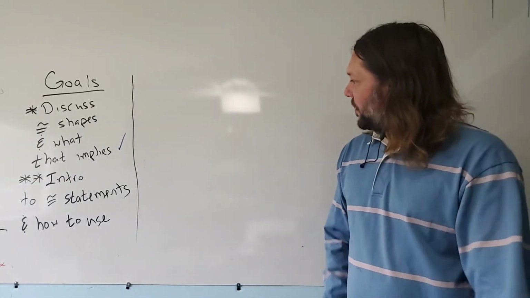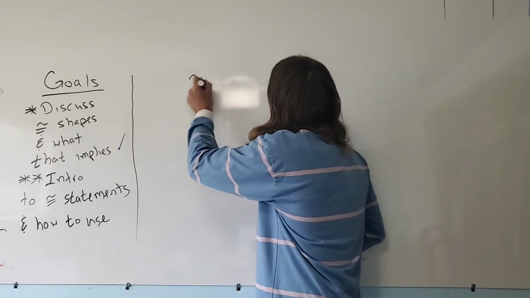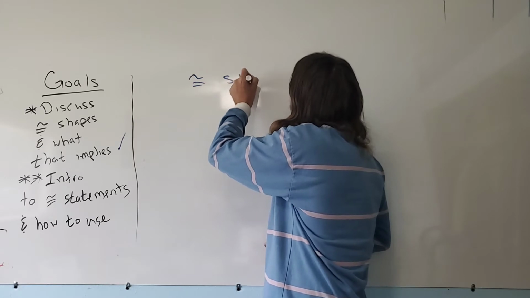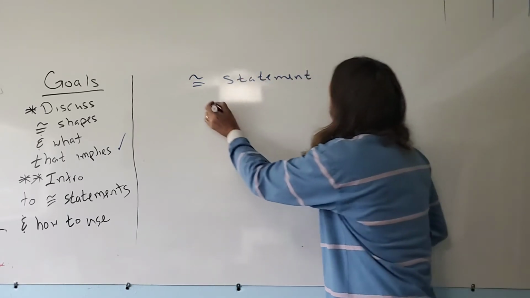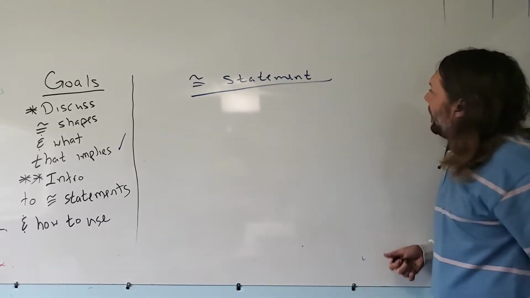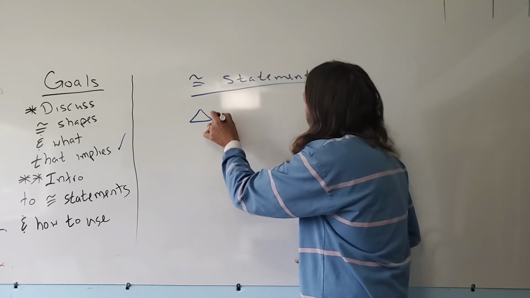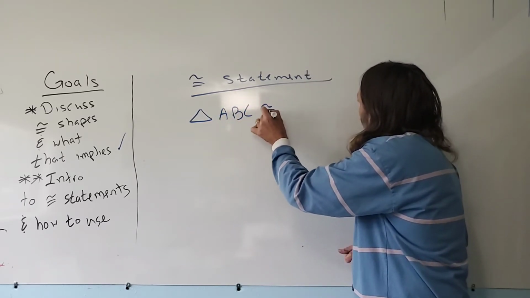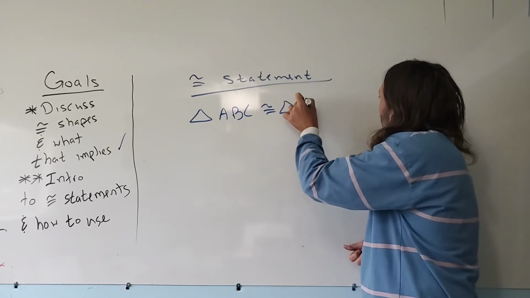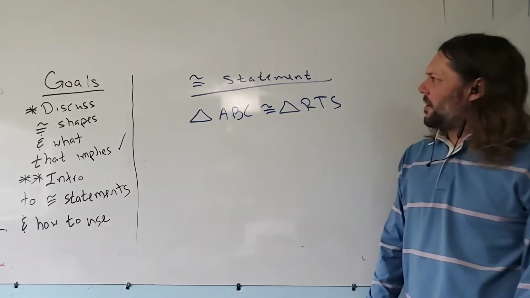And so what we're going to do is we're going to write something called a congruent statement. And I'm going to give you an example of a congruent statement. Okay, I'm going to say something like triangle ABC is congruent to triangle RTS. I'm not going to include the shape